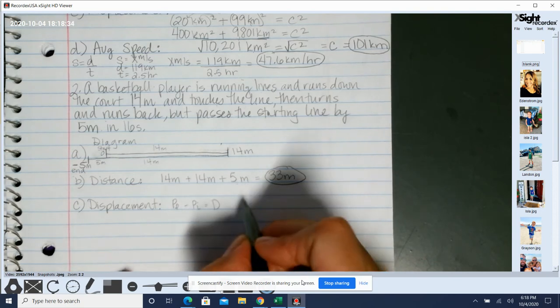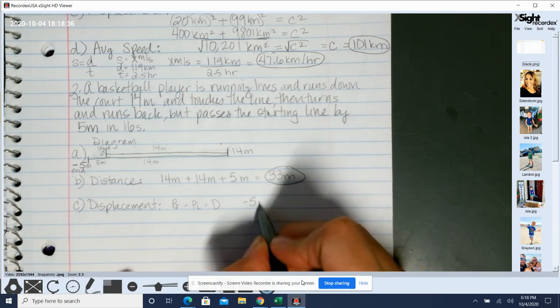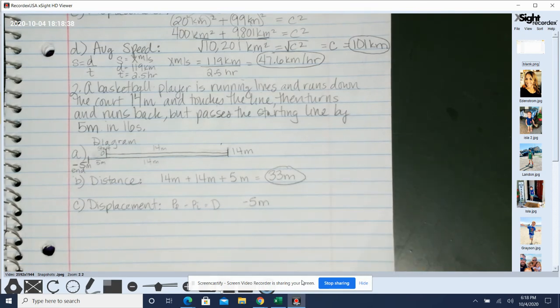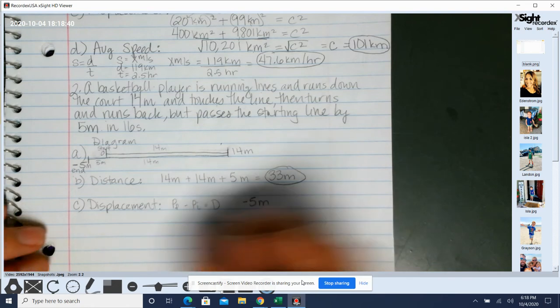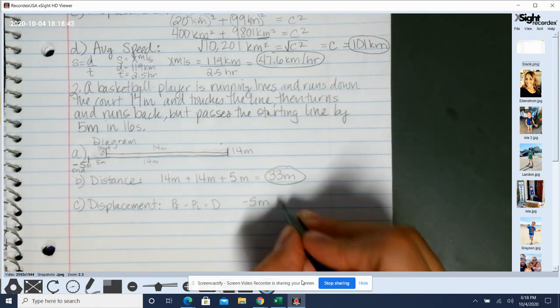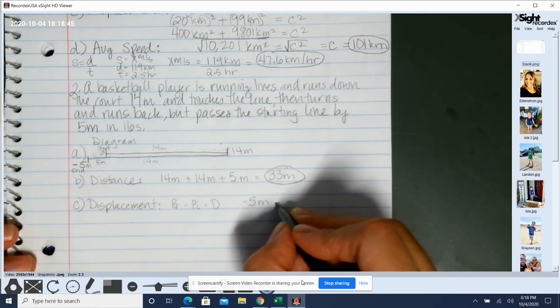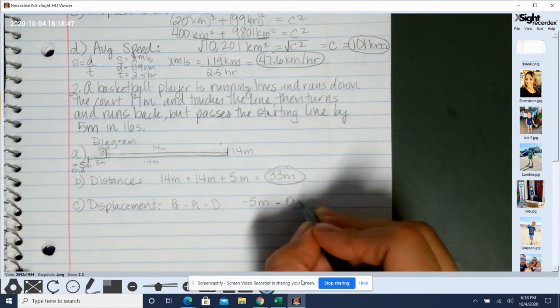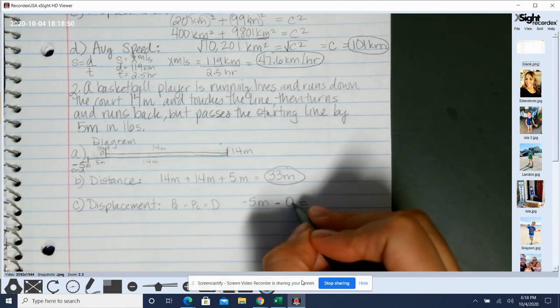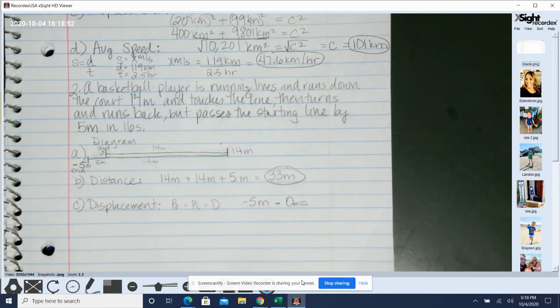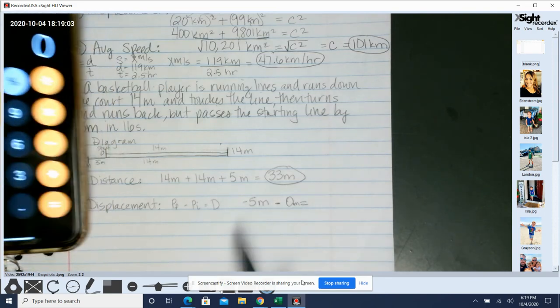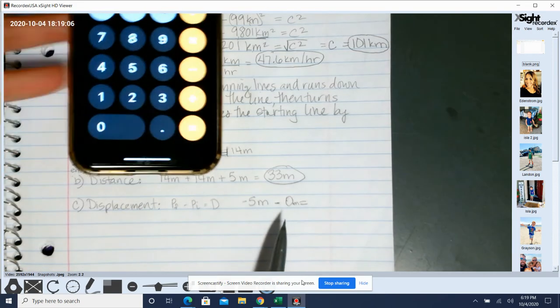So our final position is actually negative 5 meters. Okay. And our initial position is 0 meters. So it's the difference between the two. So we're subtracting, okay, our 0, and I'll put the meters by it just so you don't get confused. But remember, zeros don't need units. Okay, and you might be able to do this in your head, which is really what you should be able to do. But just in case you get confused sometimes with the negatives and the 0,